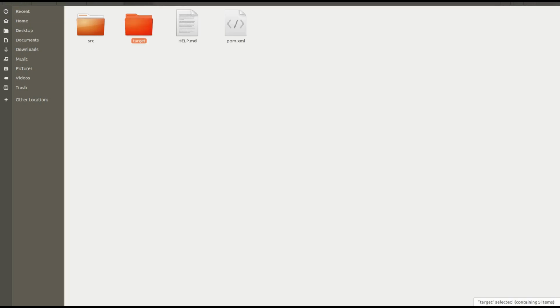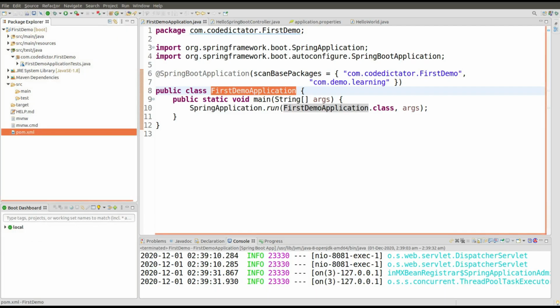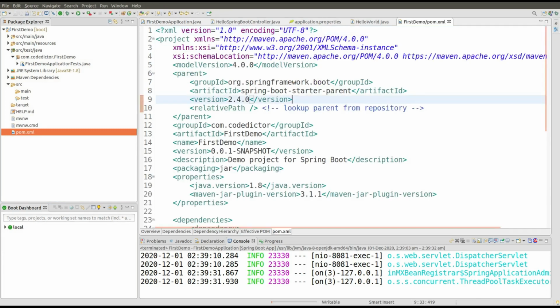If you open this target folder, I don't have any deployment file like jar and war files. So if I want to create that file, how can we create it? If you look at pom.xml in your application, here we have one tag called packaging, and that is basically jar. So whatever deployment file is going to be generated will have the jar extension. Here you can create jar, war and tar files. In this application we are going to create one jar file.